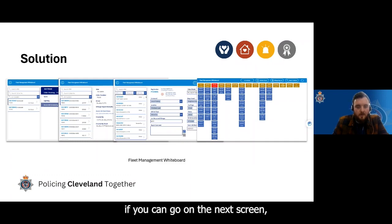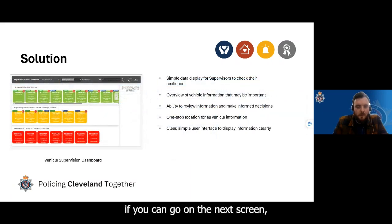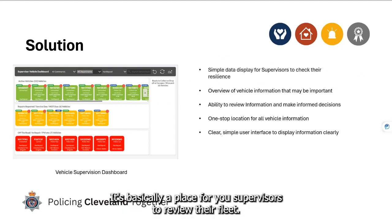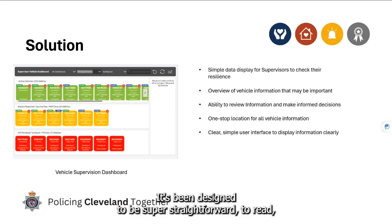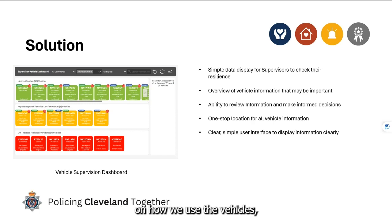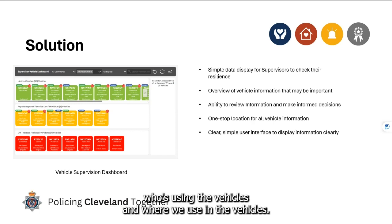And then Chris, if you can go on the next screen. This is the vehicle supervision dashboard. It's basically a place for your supervisors to review their fleet. It's been designed to be super straightforward to read, give as much information as you can to your supervisors so they can make those tactical decisions on how we use the vehicles, who's using the vehicles and where we're using